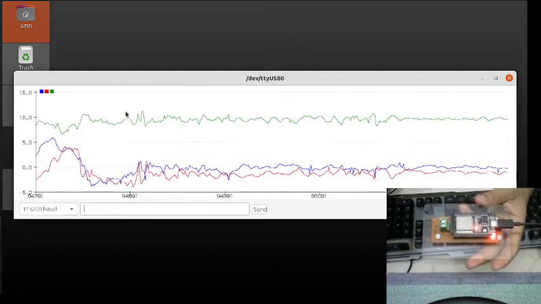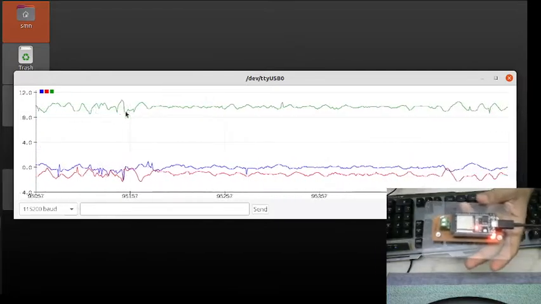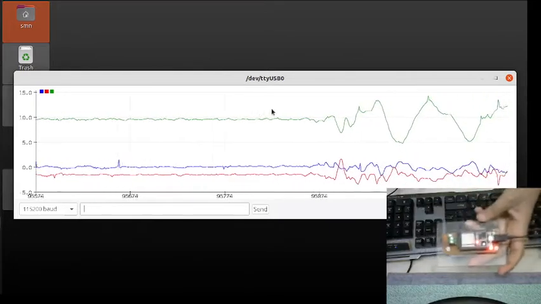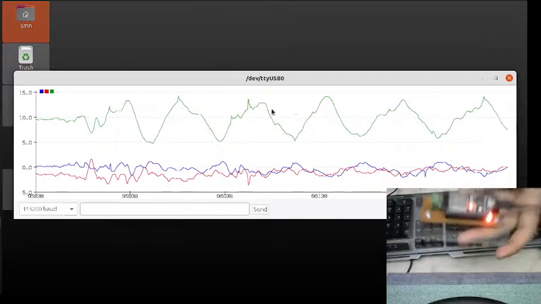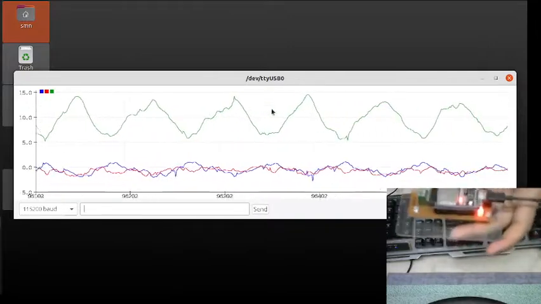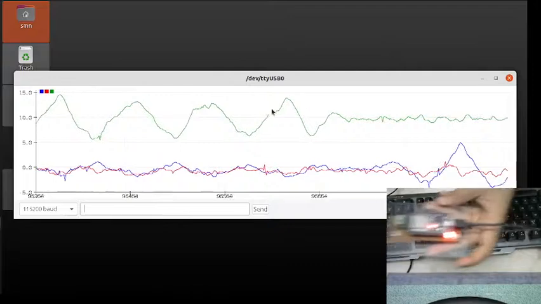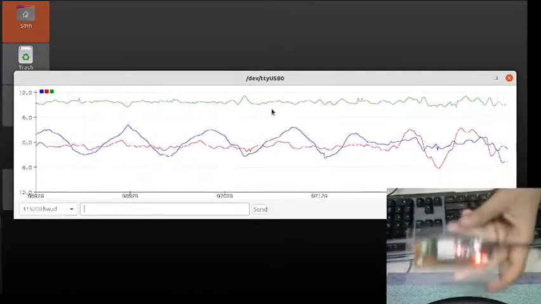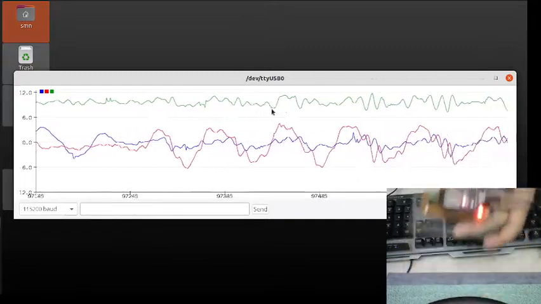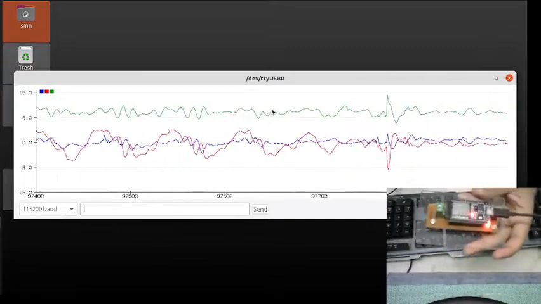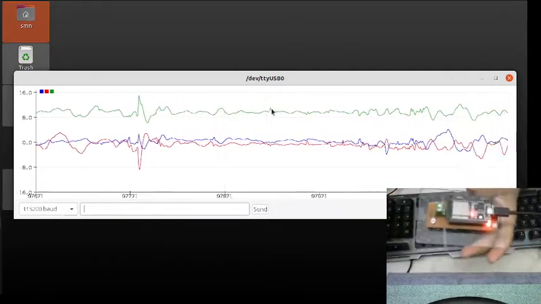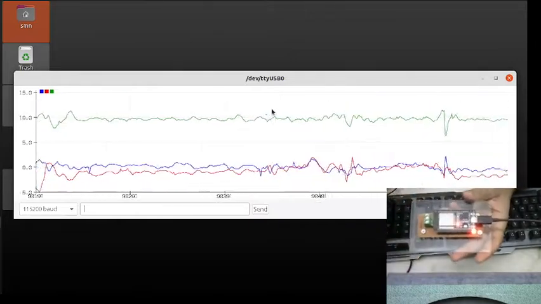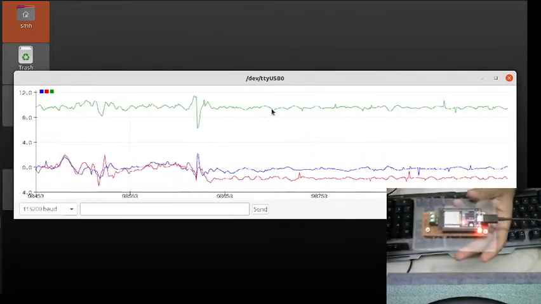This is the vertical axis, z, and here we can see the z waveform shown in green. If we vibrate or displace this board along the vertical axis, the z-axis data changes. If we shift the board along the x-axis direction, the blue waveform changes. If we shift it along the y-axis, the red one changes. Along with it, z and x data also vary, because I'm not so precise in moving the board in a single direction. So the main objective is that the vibration data of the three different axes is captured